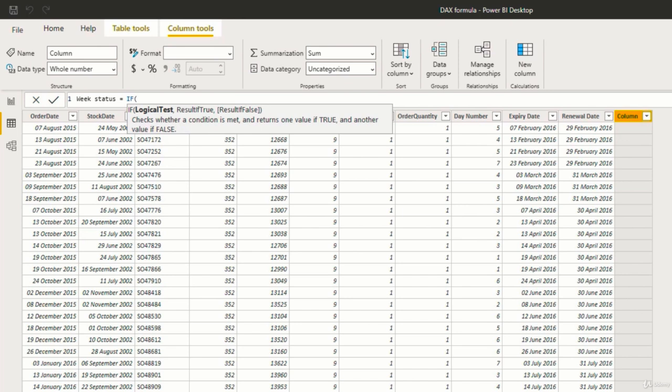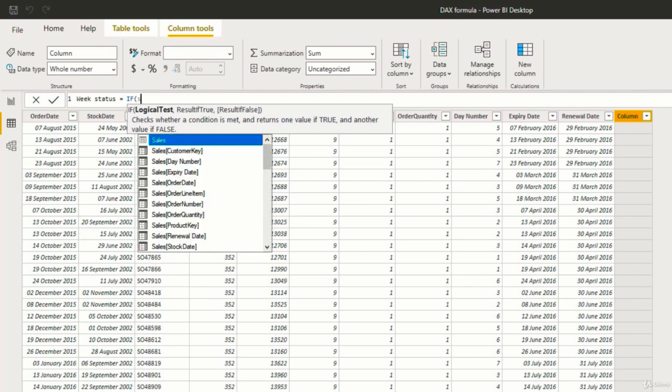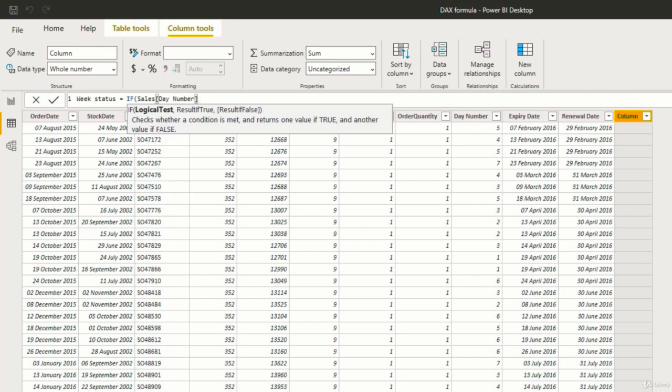Now the first argument for the if function is logical test. So the logical test that we can use is if the value in the column day number, that is in the sales table, the column day number. Now the condition is if the day number is greater than 5, that is in our case if the day number is 6 or 7, which is Saturday or Sunday, so that is the logical test,